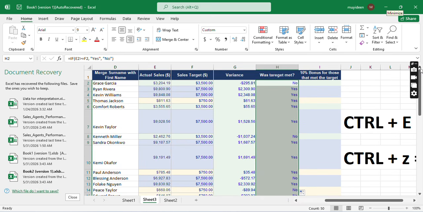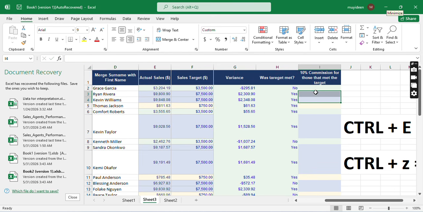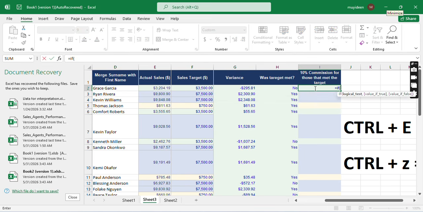Now the next thing is that those who met the target will have a bonus of 10%, and those who did not meet the target will be given no bonus commission. So we're going to also apply the IF formula, or IF condition. Equals IF, what's our logical test? If this is greater than or equal to the sales target,